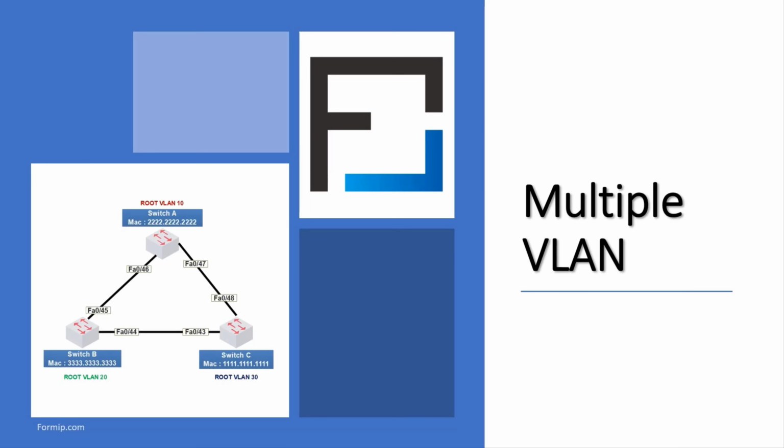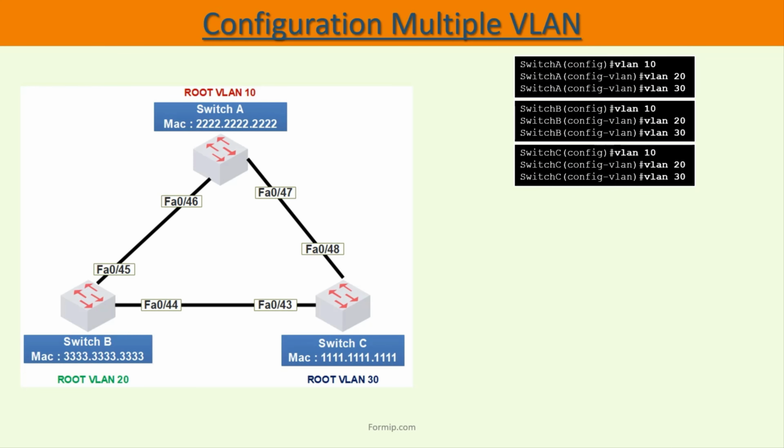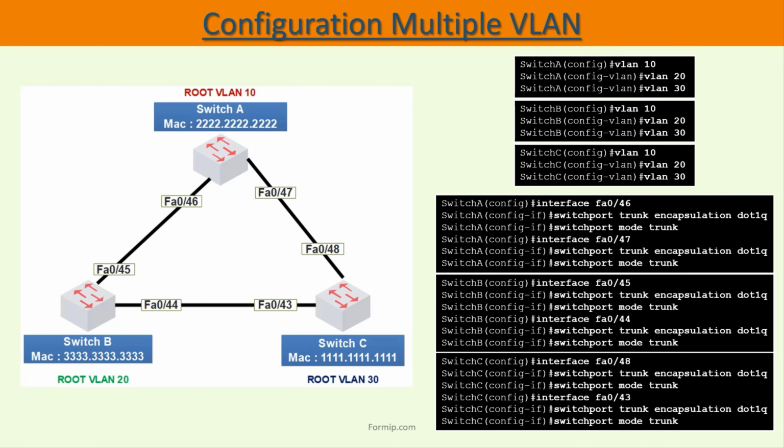In this lesson, we will see how the spanning tree manages multiple VLANs. Here we have 3 switches, which have been reset to their factory settings. We will create VLAN 10, 20, and 30 on each of the switches. As by default, all the ports of a switch are in access mode, we will create the trunks between the switches. We choose 802.1Q encapsulation, and we put the port in trunk mode on all the interfaces that connect a